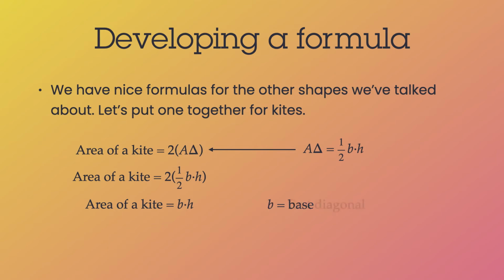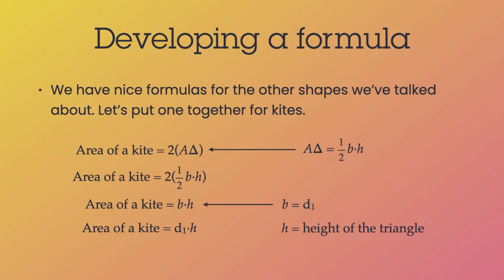Now the base of the triangles, though, was our first diagonal. So when we're referencing a kite, instead of having to always go back to the triangles, let's actually reference parts of kites. So the diagonal is a part of a kite. We don't want to write out "first diagonal" in a formula, though, so let's abbreviate this to D1. So we'll substitute in. Now we've got area of a kite equals diagonal 1 times h, the height of the